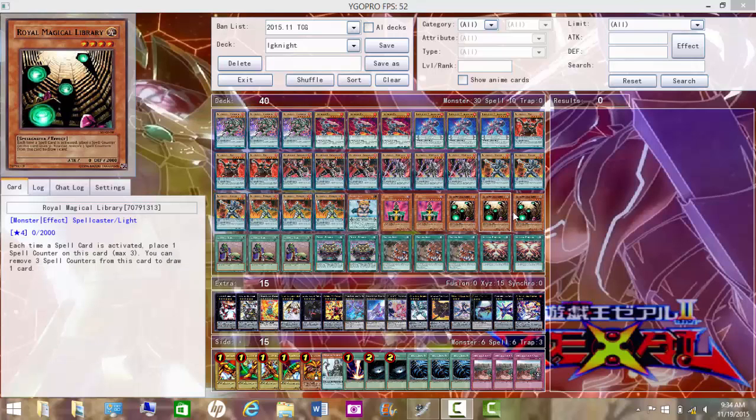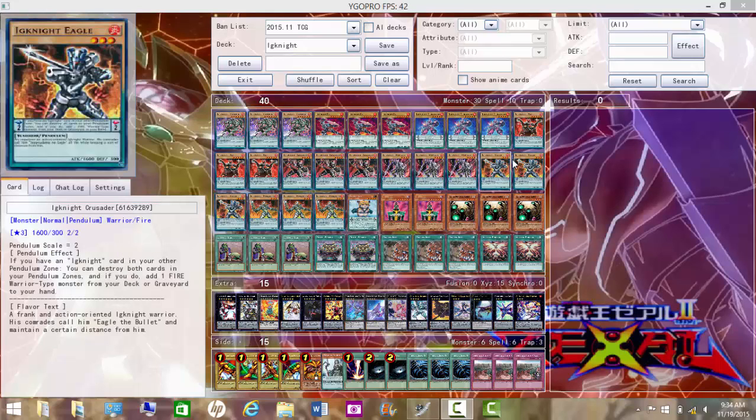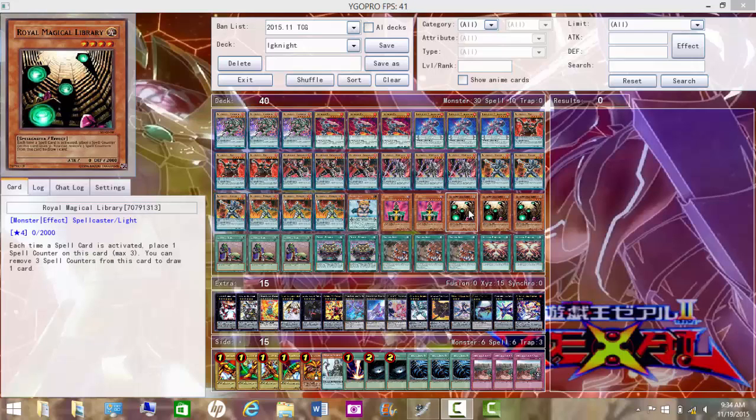Obviously, 3 Royal Magical Libraries. Every time you activate a spell card, this gets a counter on it, and you remove 3 counters to draw a card, so it lets you cycle through your deck a lot faster. And in my personal opinion, it's kind of a necessity in